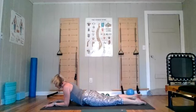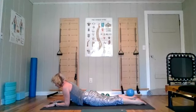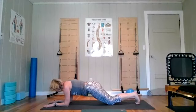Inhale through to a back extension. Crown of the head forward. Sternum forward. Shoulders away from the ears. Three, two, and one. And then you're going to lift your hips, lift your thighs, come into a plank, and